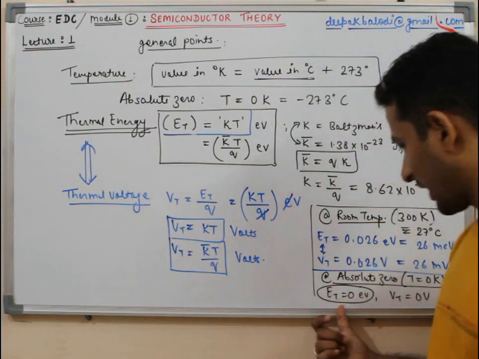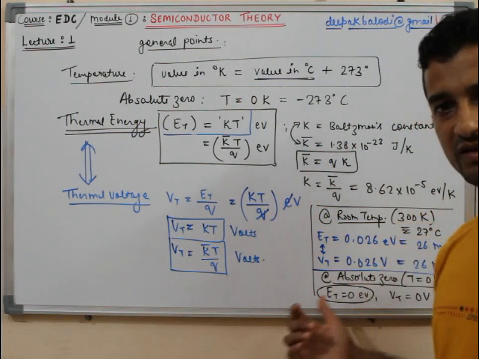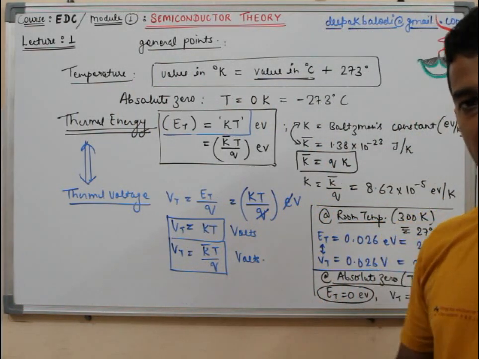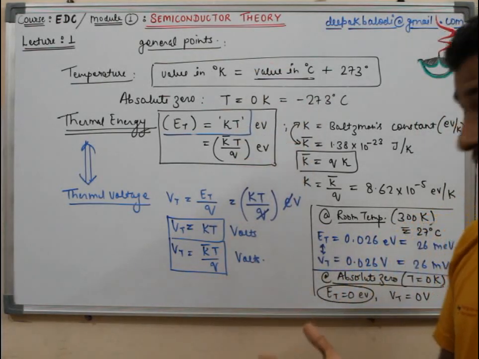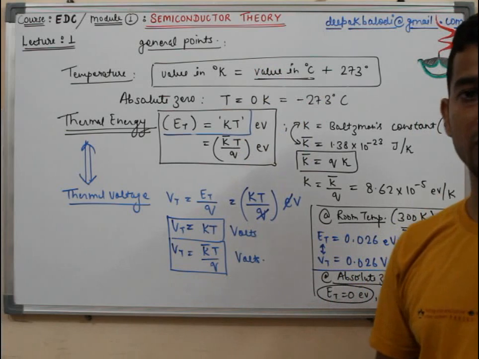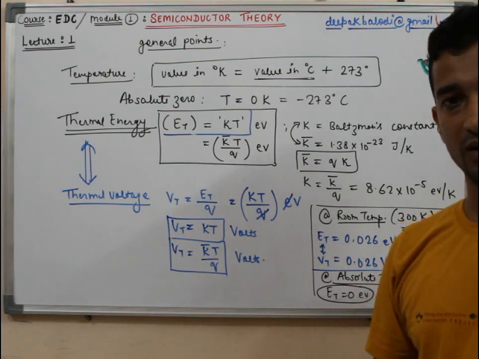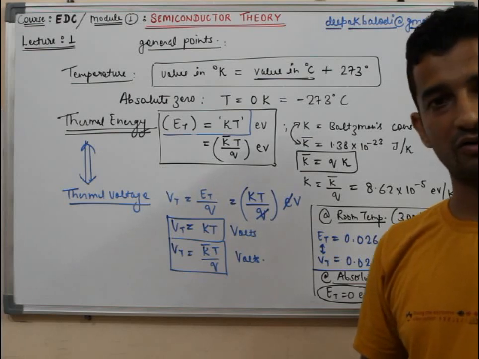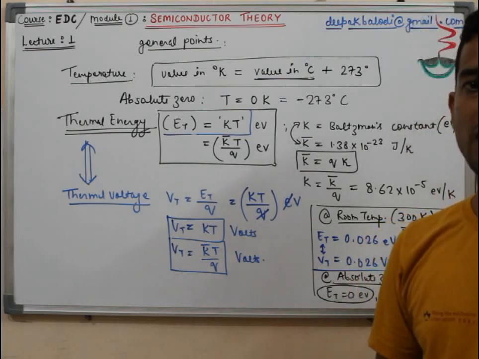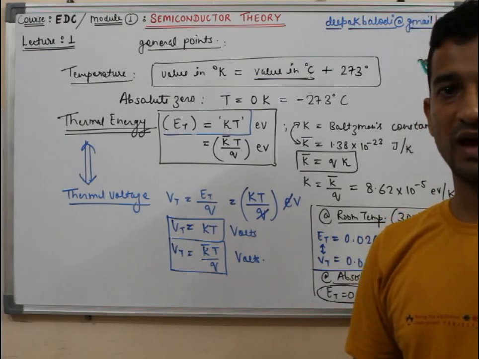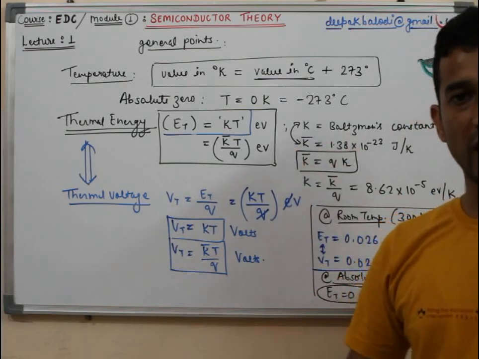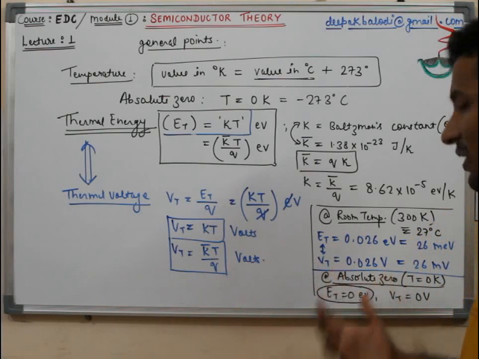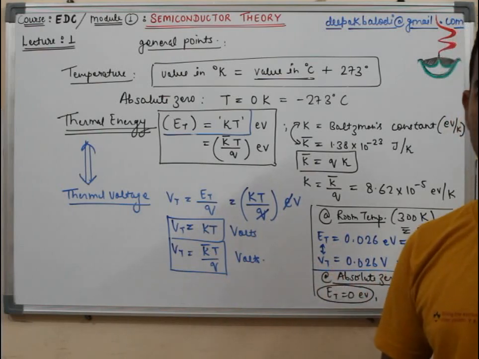Why do we call it hypothetically? Because to achieve this temperature is not very simple. We hypothetically assume that if we keep on lowering the temperature and if somehow we arrive at this value, then all the particles, all the microscopic atomic behavior which is happening due to the thermal effect will come to absolute silence, or it will be completely at rest. So absolute silence corresponds to absolute 0, and therefore the name has appeared like this.